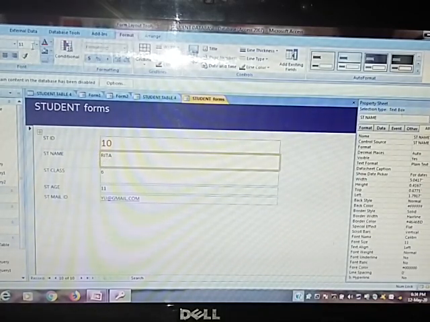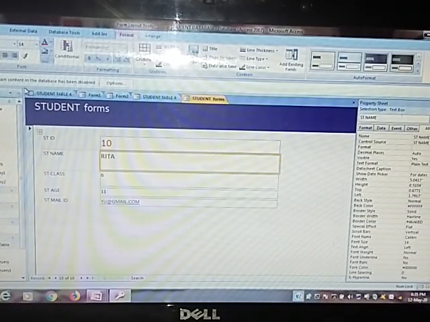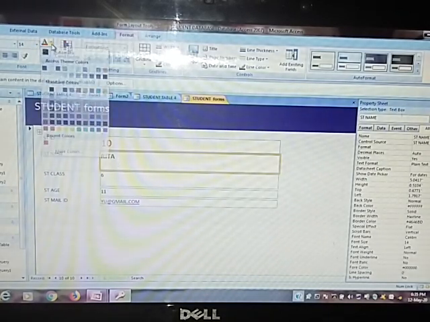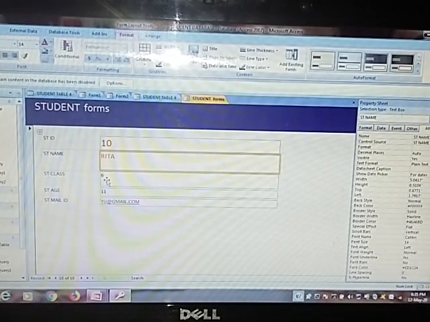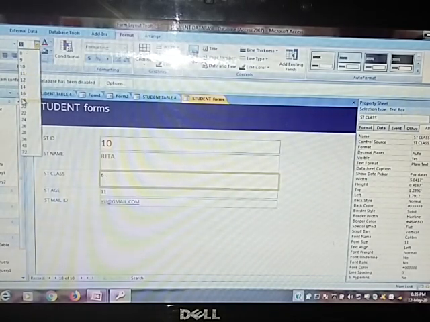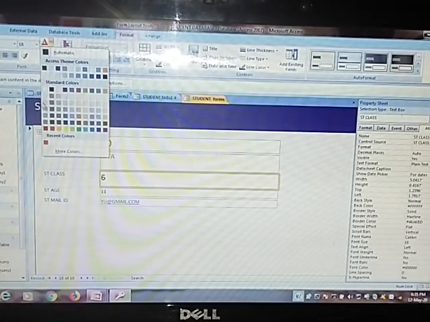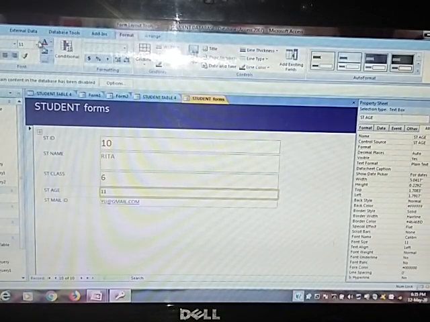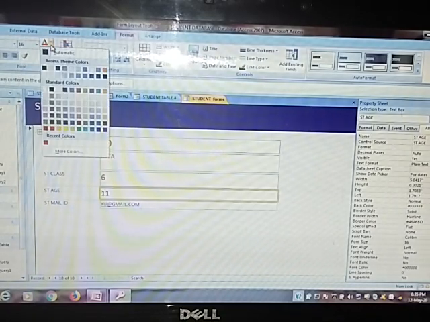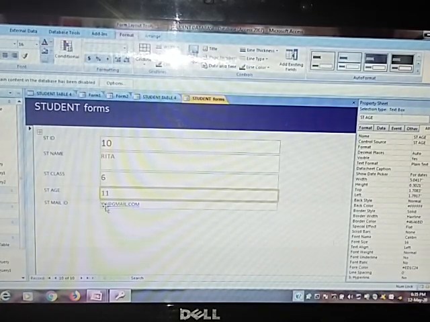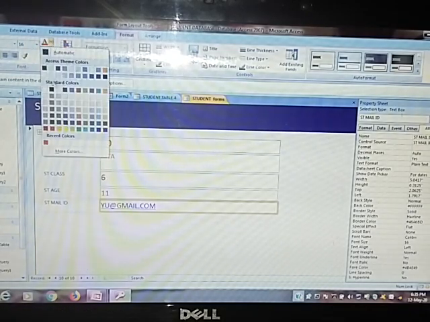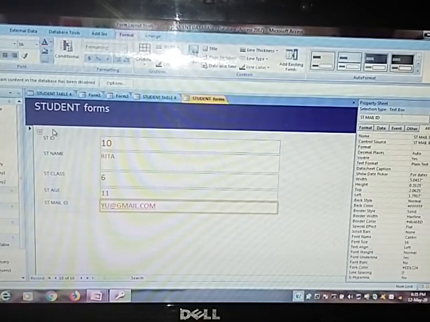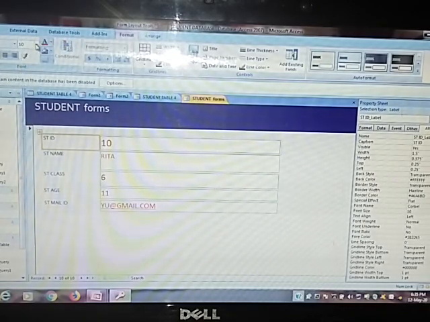Select the particular field and change the size, color, and style of the form. You can also change the size of the field.